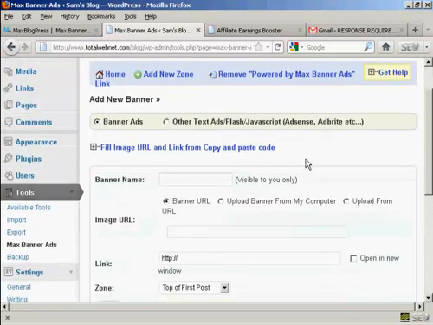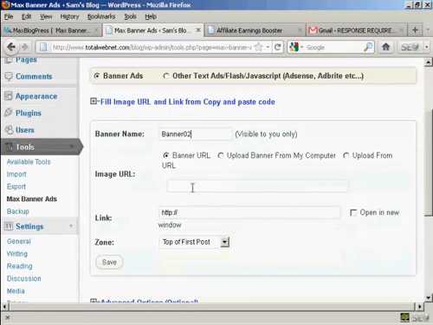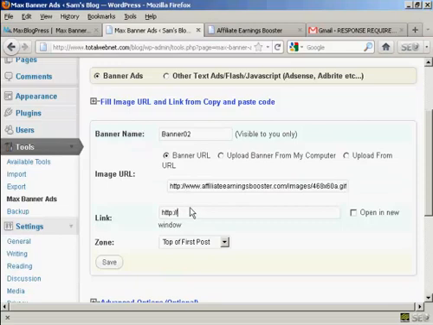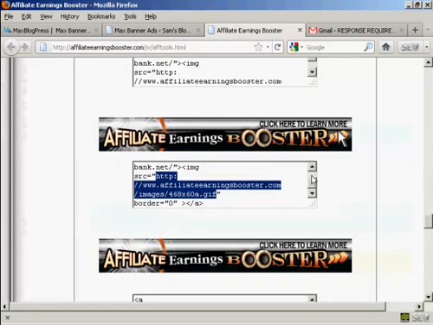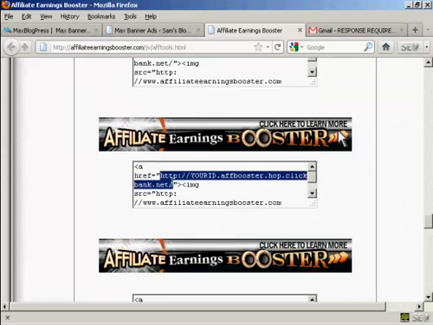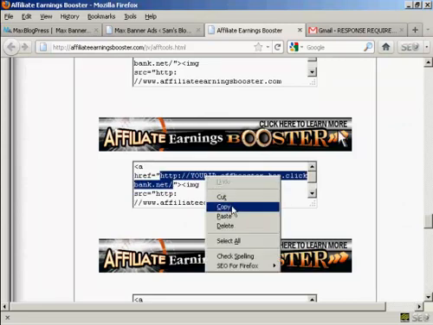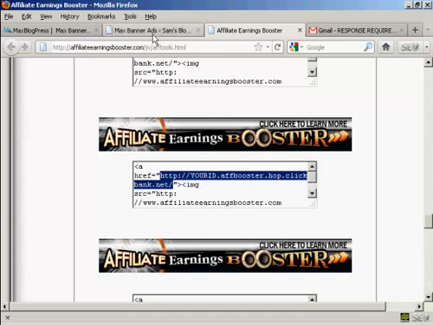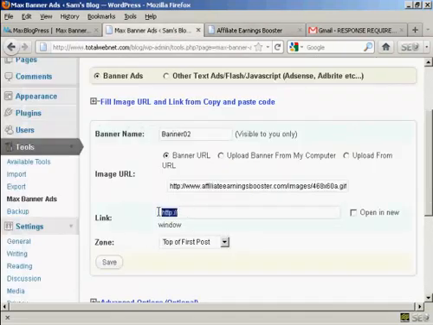We're going to call this Banner 02, and again paste in the image URL, and then paste in the link, which again, if this was for real, I'd put my ClickBank nickname in there. So again, copy, and then paste in, and again I want it to open in a new window,